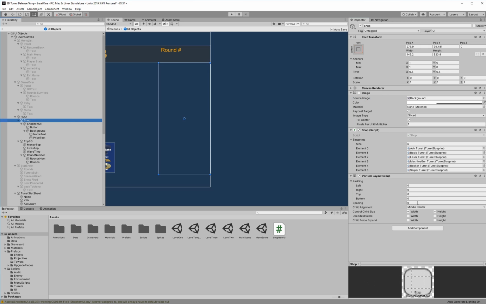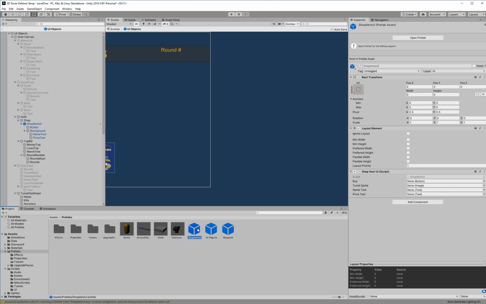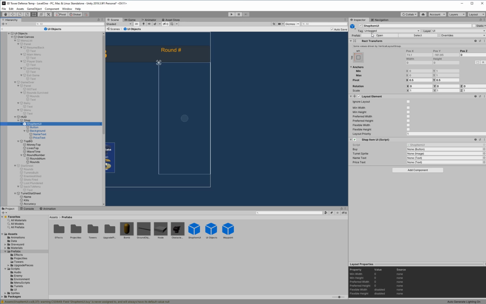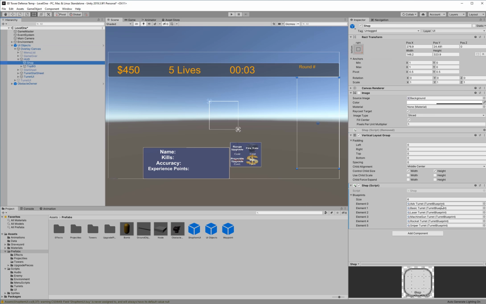Okay, so we'll go ahead and put that into our prefabs. All right, perfect. So let's delete this one, go back into the scene, go to the shop, go into our